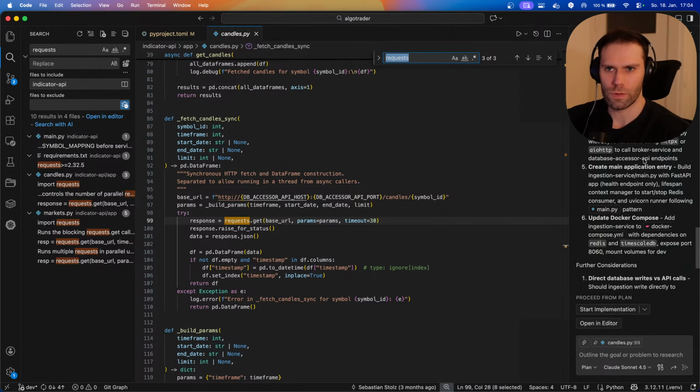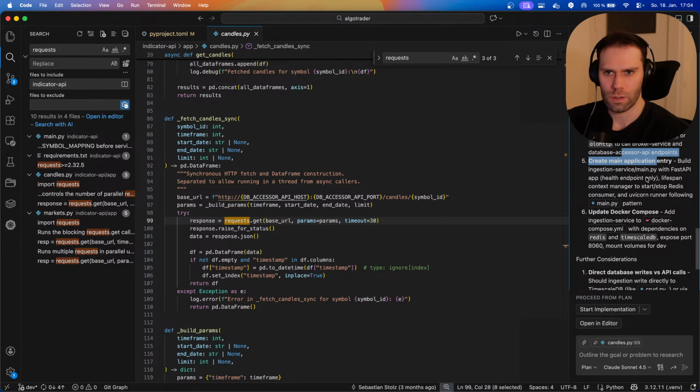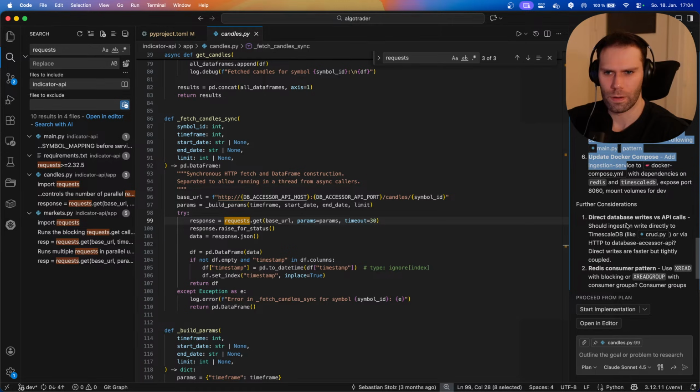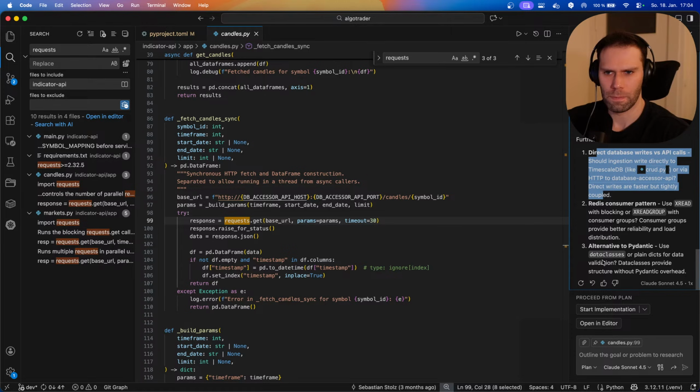Not sure what the advantage of HTTPX is. I don't think I need